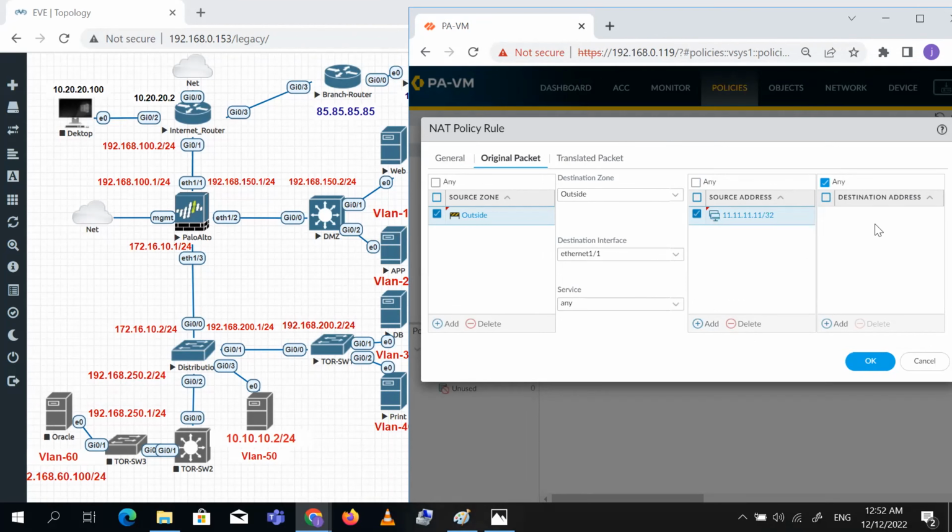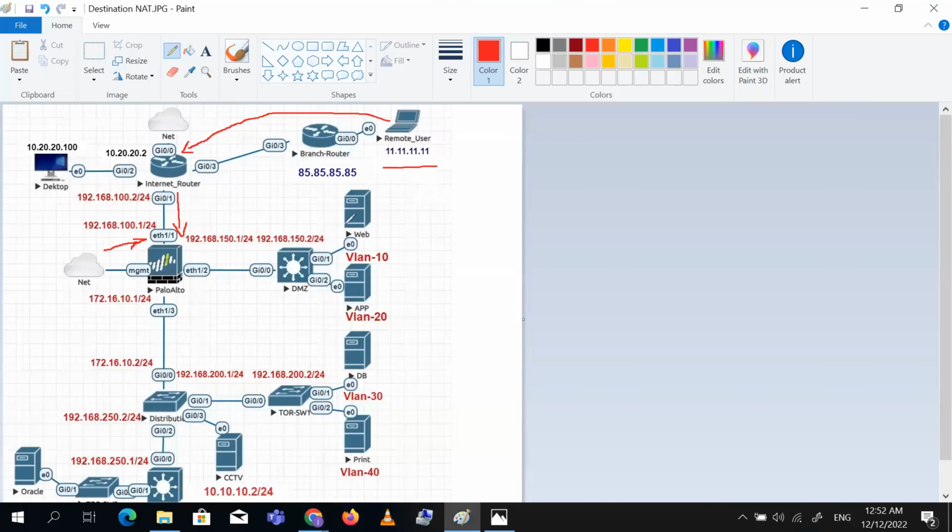Okay, and my destination address, again, what should be my destination address? Let's discuss over here. My destination address will be the public IP of my web server. So to keep my web server accessible from outside, I will provide some public IP to my server. For example, I will give this server IP address as